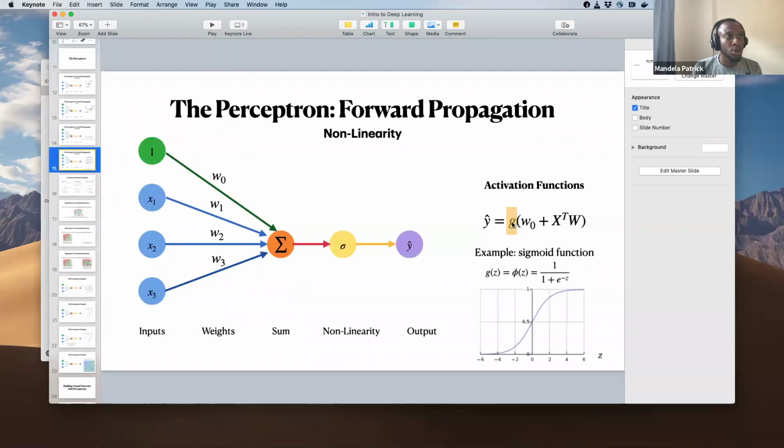If you do not have this activation function here, this is just a linear operation. It's a summation plus a multiplication, which is a linear operation. And if you stack a bunch of just linear operations, it's just a linear function. So we add the nonlinear activation function here. Sigmoid used to be the popular one, but now it's the ReLU activation function.